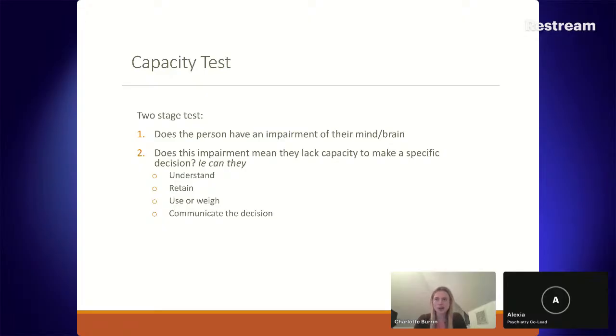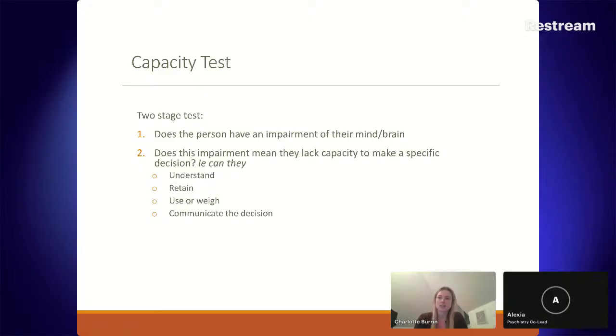It doesn't allow for treatment of a mental disorder against a person's will if they would meet criteria for detention under the Mental Health Act. So if we suspect that somebody has a mental disorder and we need to treat them, if they meet the criteria for the Mental Health Act, that would be the much better legal framework to use, and we should always do so in those cases.